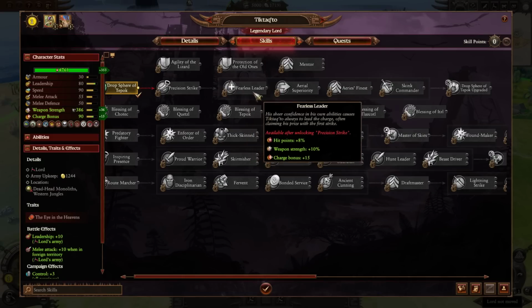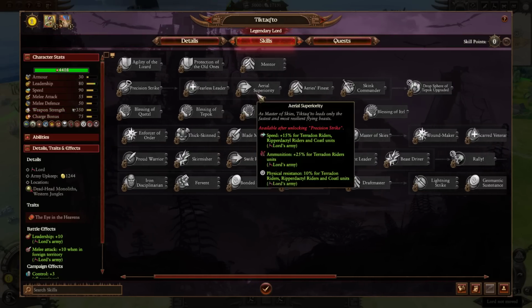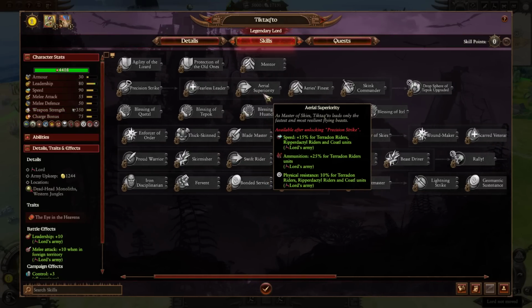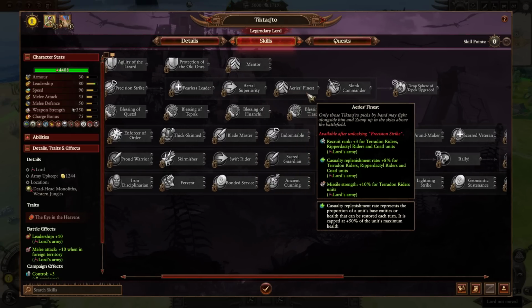Again, he's never really going to be like the Imrik of the Skies. Well, actually, Imrik is Imrik of the Skies. But he's never going to be able to compete with Imrik, but this helps to make him a bit better. Aerial Superiority, providing speed for flying units, ammunition for Pterodon Riders, and physical resistance for flying units. Very useful. Ace's Finest, providing recruit rank for flying units, casualty replenishment rate for flying units, and missile strength for